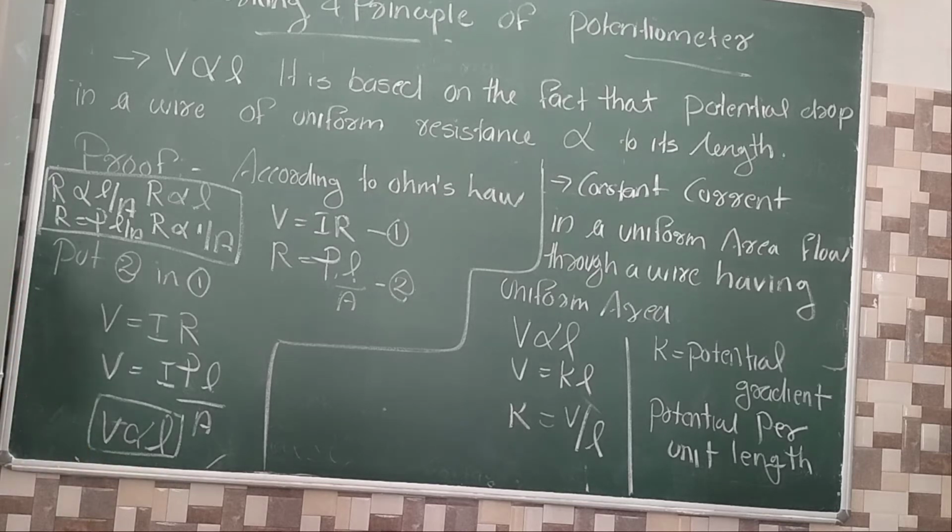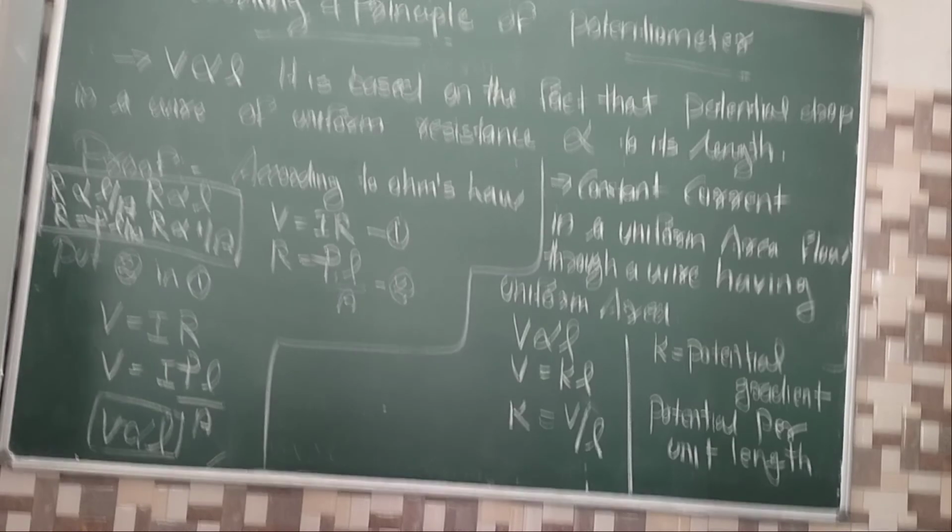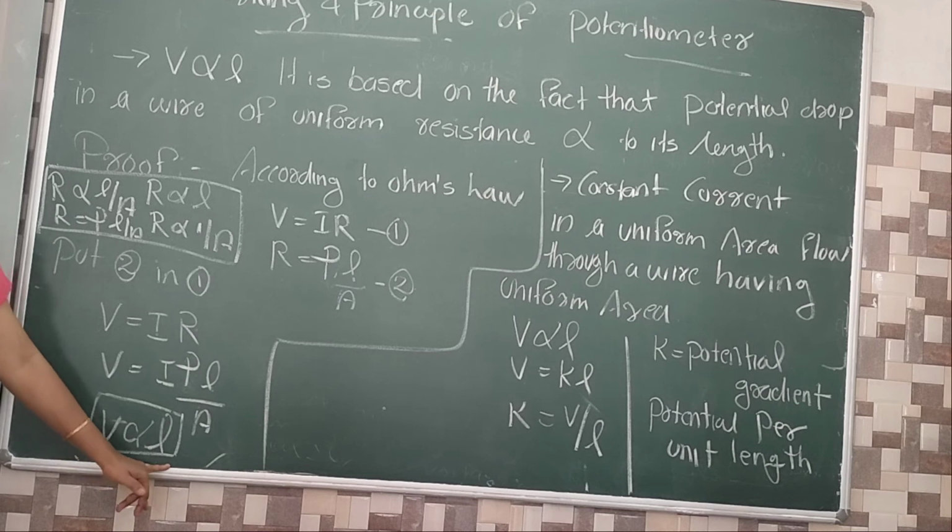I have a doubt. What is the basic equation of the Wheatstone bridge? P by Q equal to R by S. What is the basic principle of the meter bridge? X by R equal to L1 by L2. What is the basic principle of this potentiometer? V proportional to L. Clear? Studying by combining like this is very easy. Your physics is very easy; it only depends on your systematic study. So V proportional to L is the basic principle.